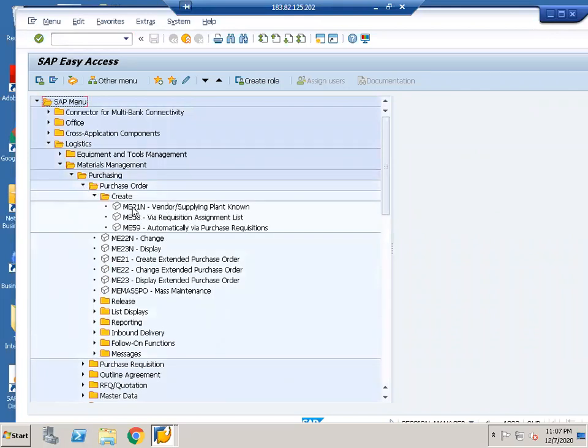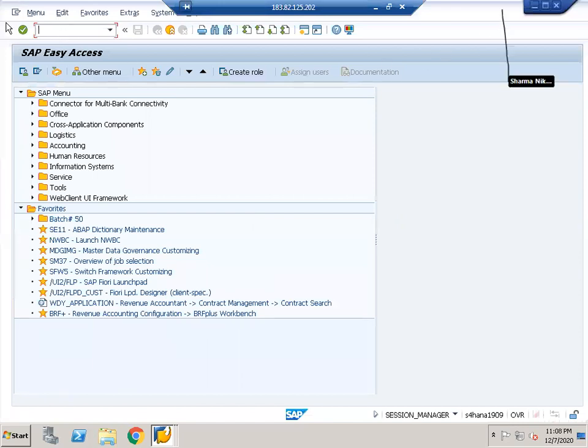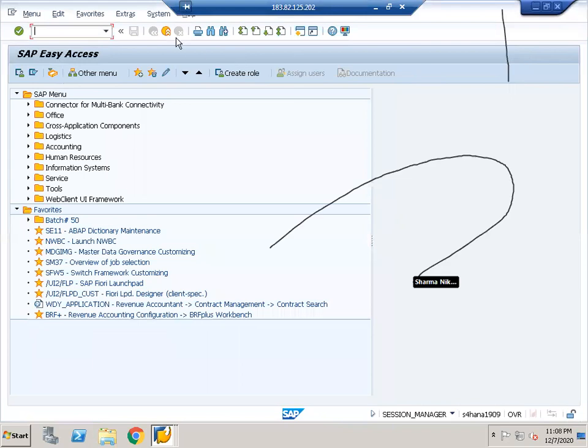For example, to create the PO, it is ME21N. To change the PO, ME22N, right? To display the PO, ME23N. So these are called transaction codes. Instead of following this menu path, we can directly type this transaction code. Let me open another session, right? So this is another session.